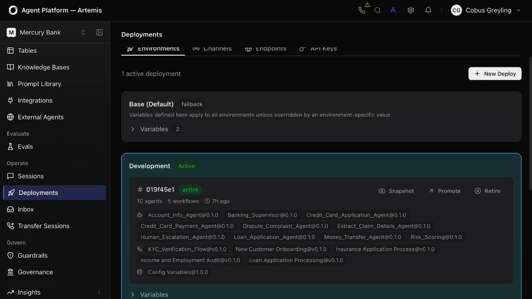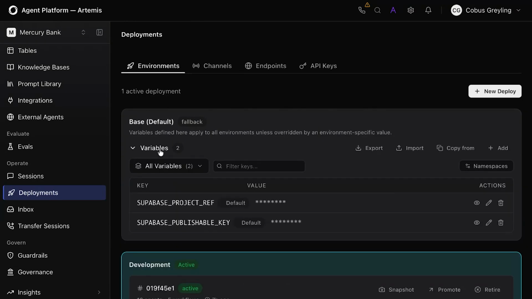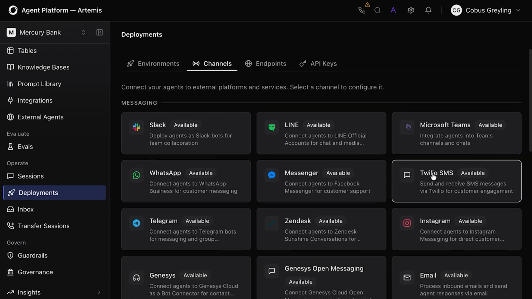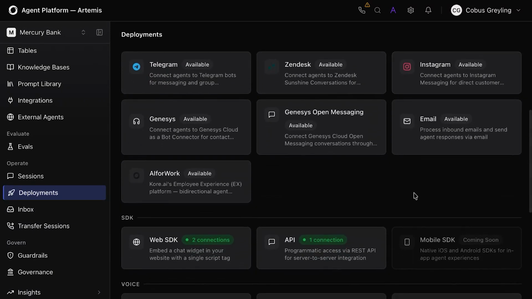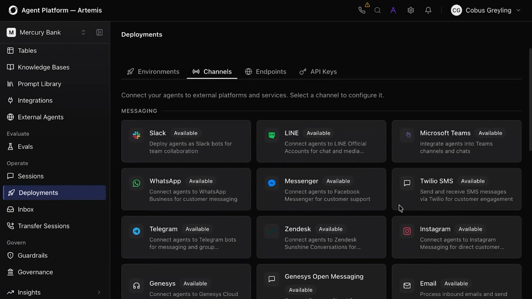And this deployment environment can be set in a very fine-grained approach where you can define your variables. You can set up different deployment templates and import them or create a copy. I think what's also important to note is the different channels. So obviously your AI agent needs to be accessible from different places.